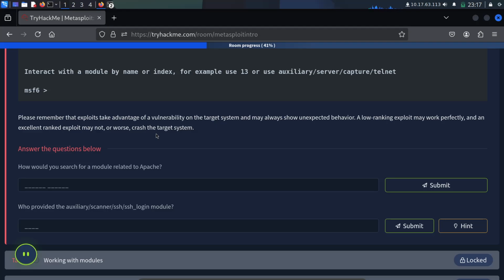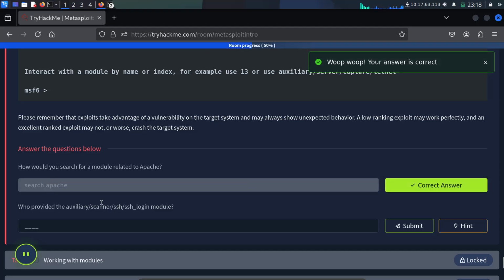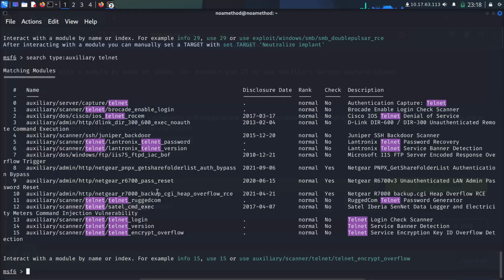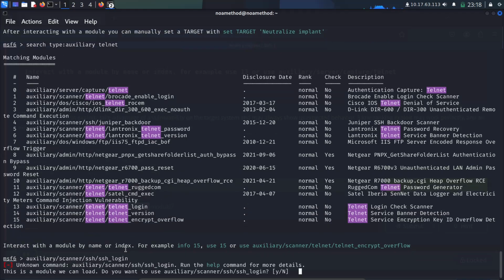How would you search for a module related to Apache? Simple. The command is search, and then Apache. It provides the scanner SSH login. We might need to get some study and some search.